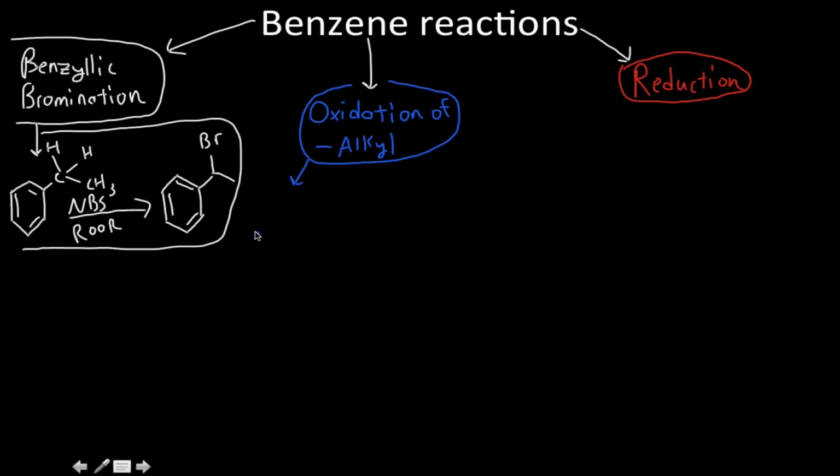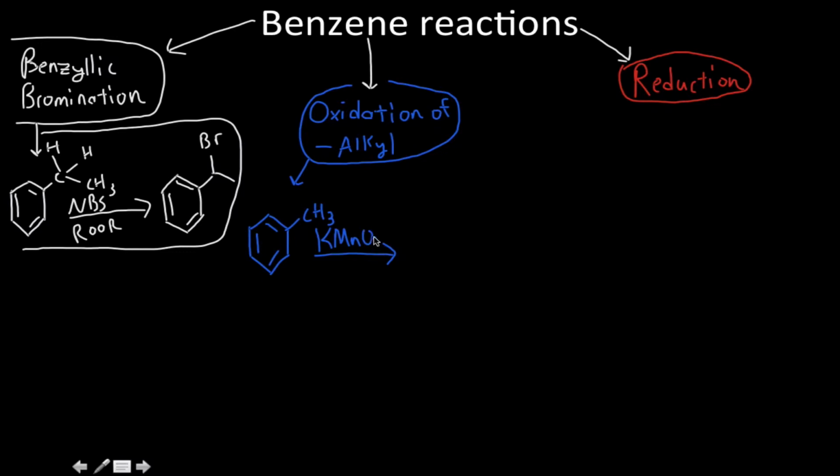Next thing I wanted to talk about would be oxidations of alkyl groups that are attached to benzene rings. I'll use it as a very generic example; it could be any alkyl group, but I'll just use a methyl group. Say you have a methyl group here, and methyls are pretty unreactive. Say I wanted to find a way to put something at a meta position, or maybe I just wanted to learn about one of those reactions with carboxylic acid. If I wanted to convert this to a carboxylic acid,